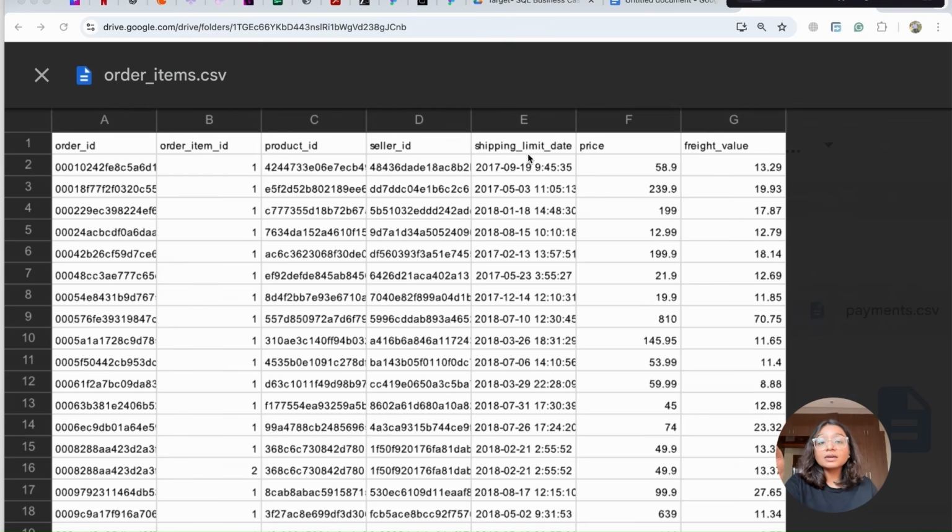Then we have shipping limit date. Now what is shipping limit date? It is nothing but the date before which the ordered product must at least be shipped. Okay. Then we have the price of the product and the freight value. Now what is freight value? Freight value is the price rate at which a product is delivered from one point to another. So this is the freight value. Now moving back,